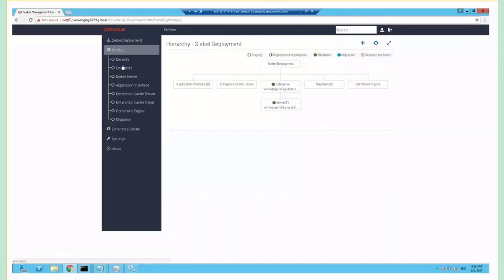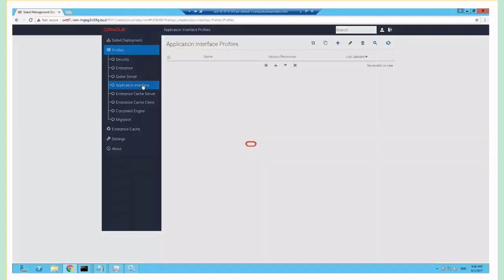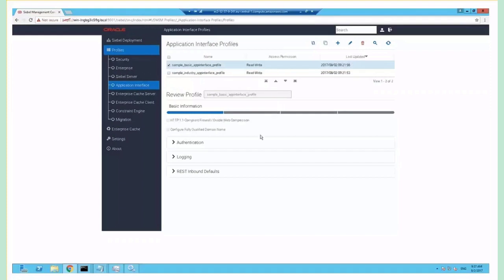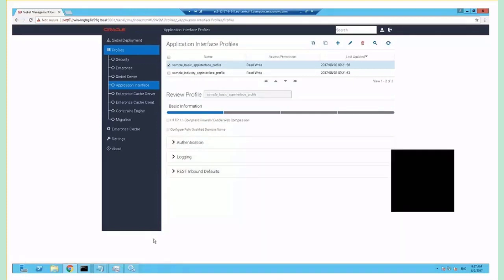Next step is to just go down the route here and generate a profile for an application interface which replaces the Siebel web server extension and third-party web server. The whole combination is replaced by the application interface. So again, it's about cloning or copying an existing profile, which are seeded